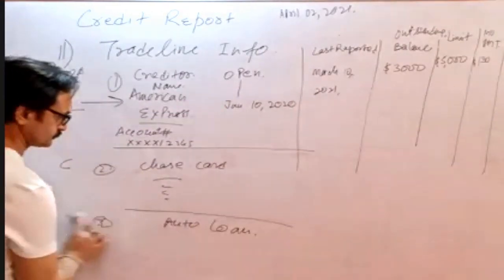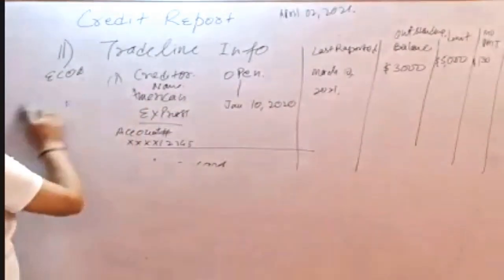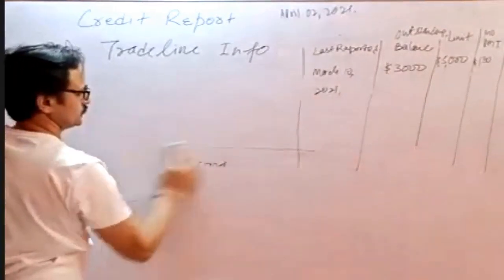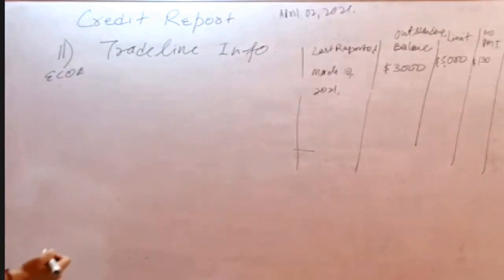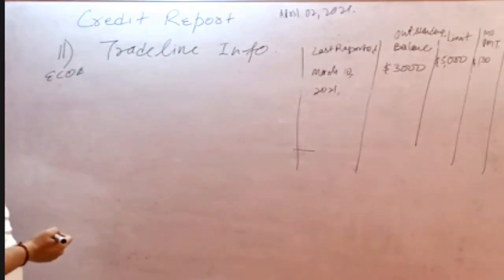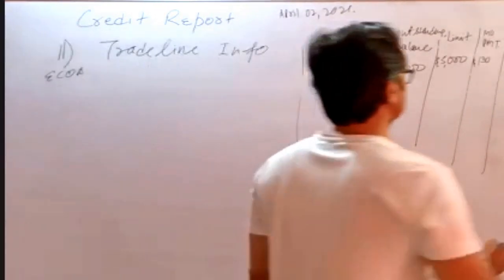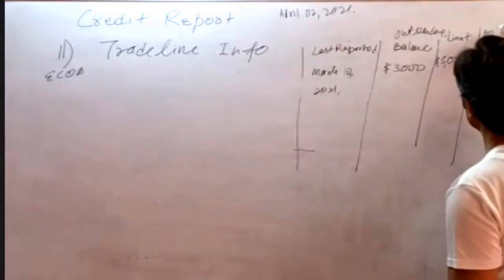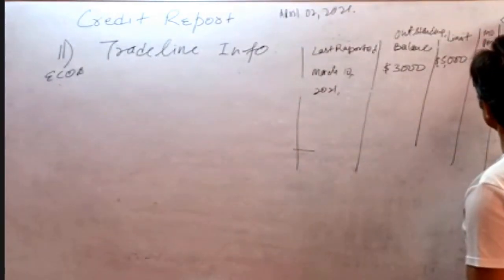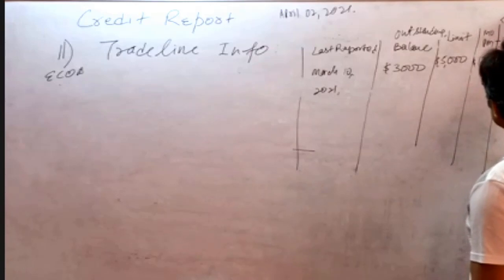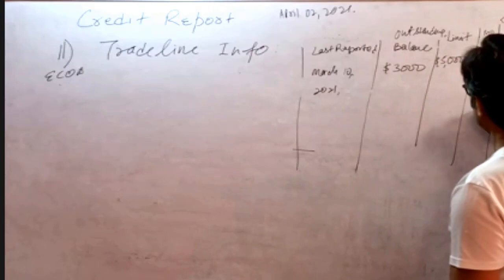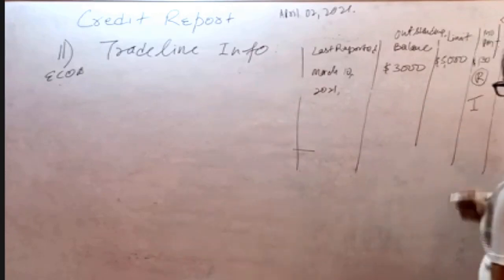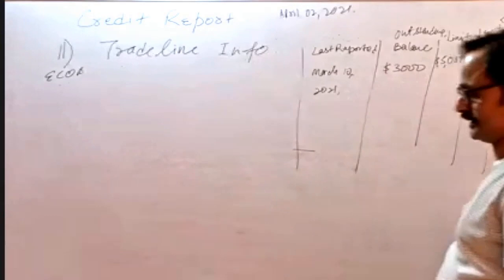Very good. Now I'm only going to tell you, not going into more in this credit report, but only going to tell you what are the major account types that are going to appear. And there will be one more piece of information written, that will be the type of account. R means revolving, I means installment, that I am going to show. So their nature will also be written here. What is their nature? What is their type?